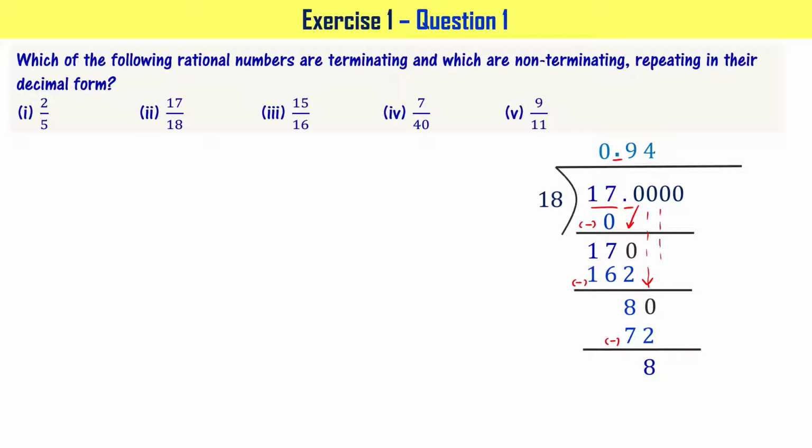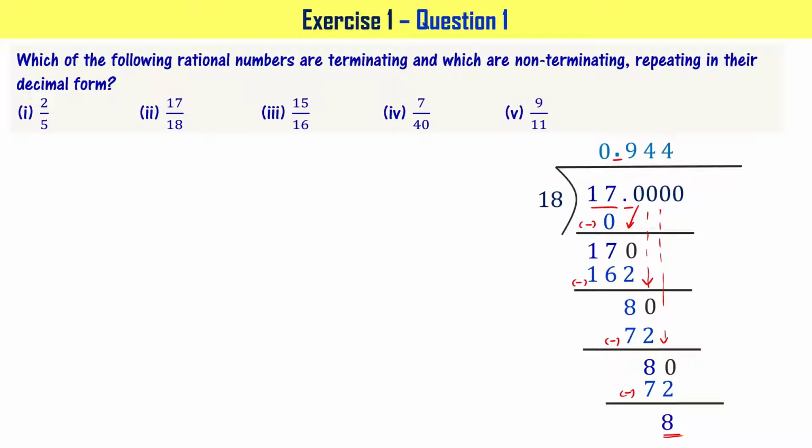Now let me bring another 0 down. Now the 8 becomes 80. Now you see 4 times 18, subtract 72 from 80 such that again you get 8 as the answer. I can bring another 0 down so that this 8 becomes 80. Again, I will be subtracting 72. I get 8 as the remainder. You know, this process keeps repeating, right?